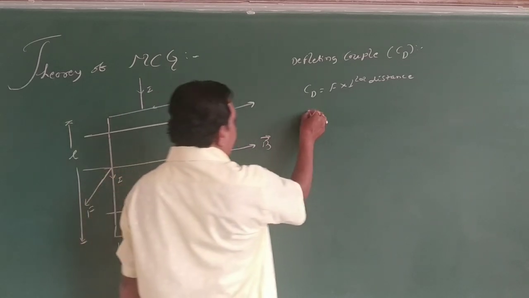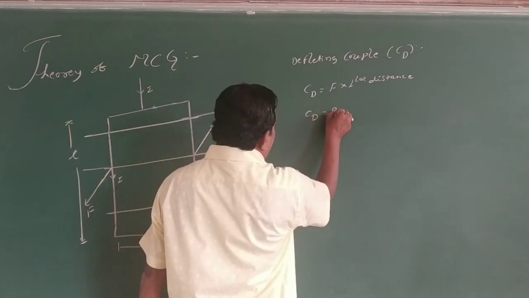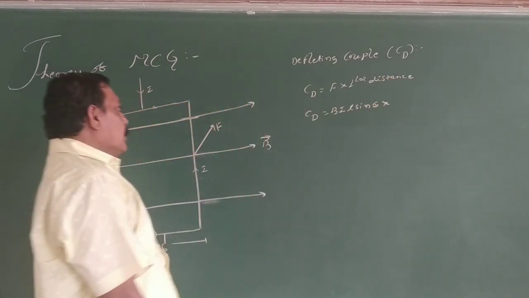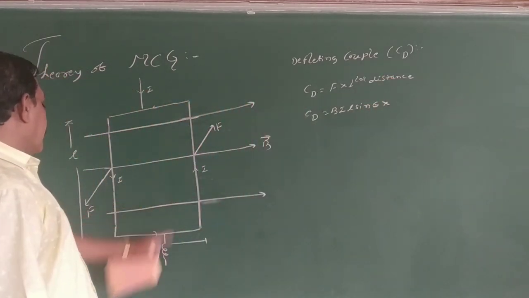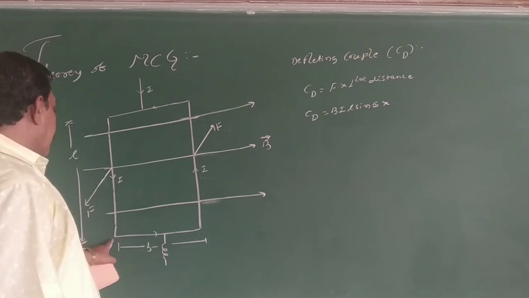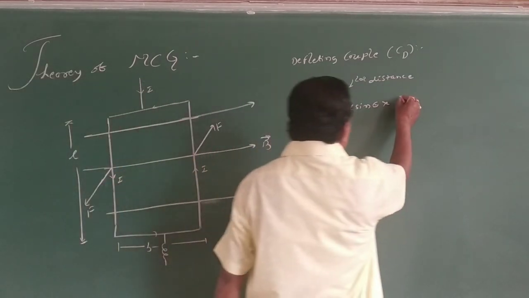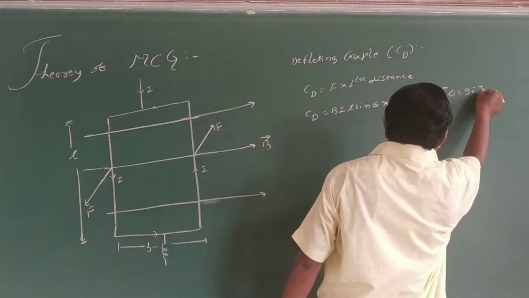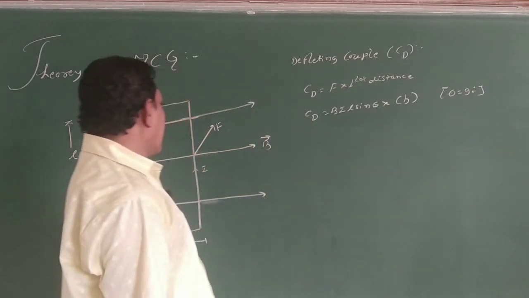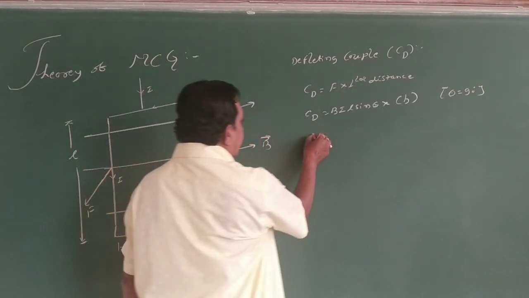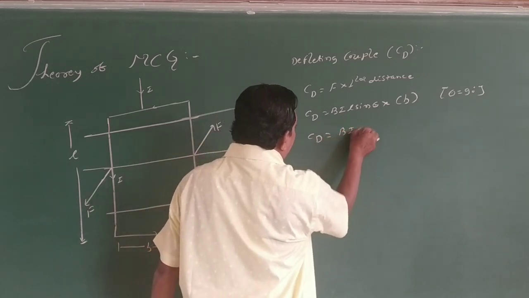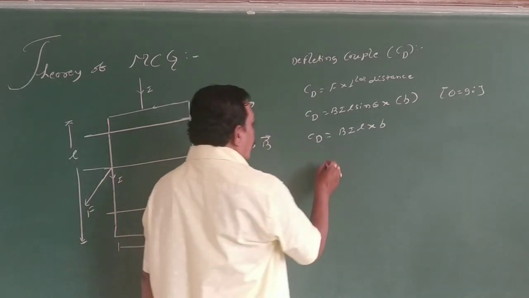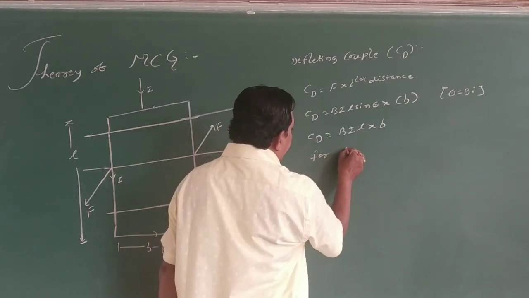Force equals BIL sin theta. The perpendicular distance is nothing but the breadth. The magnetic field: the vertical sides of the coil are perpendicular to the direction of the magnetic field, so theta equals 90 degrees, and CD equals BIL sin 90 into b. So, for n turns,